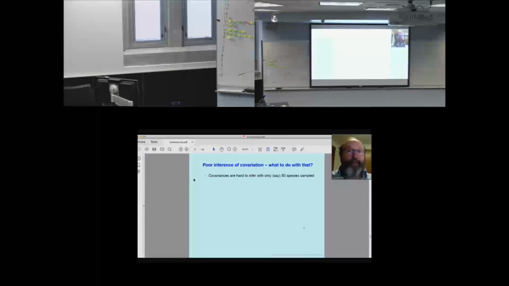One thing one should say as a result of all this is you end up with something that looks very satisfying. It's an assessment of the covariances of the change of all your characters. So now you know, for brain weight, body weight, lengths of parts of the body, how they're covarying. You have an estimate of the covariation. It's worth noting, and your statistical methods will tell you this, that these are very noisy covariances.